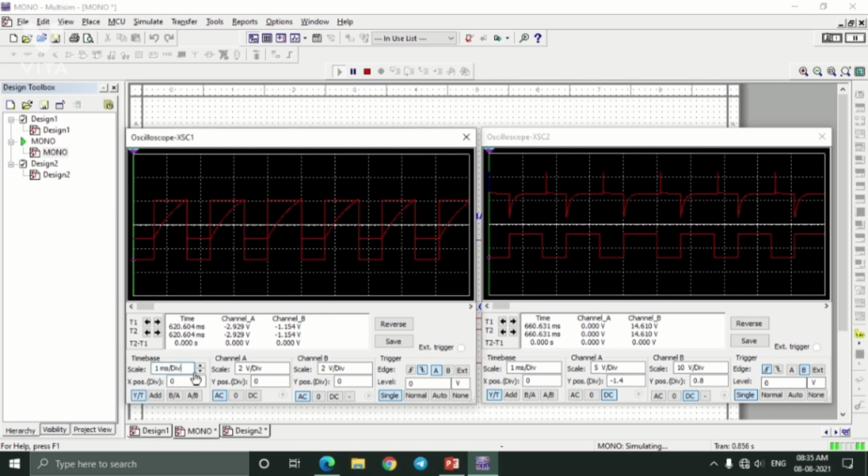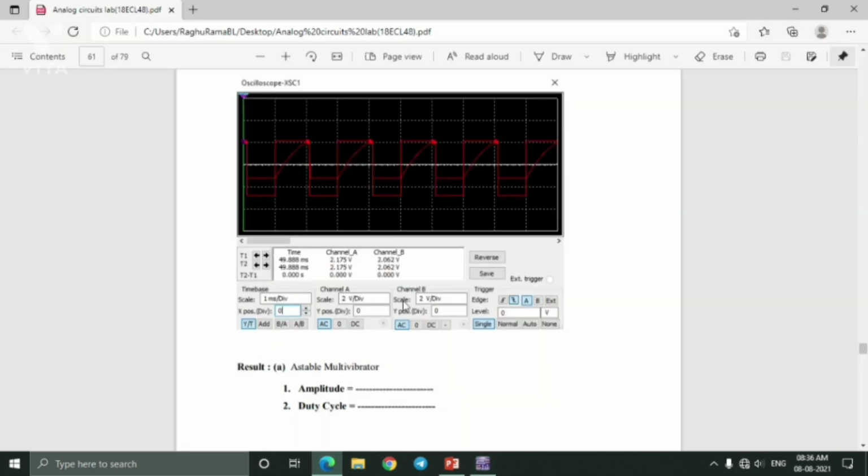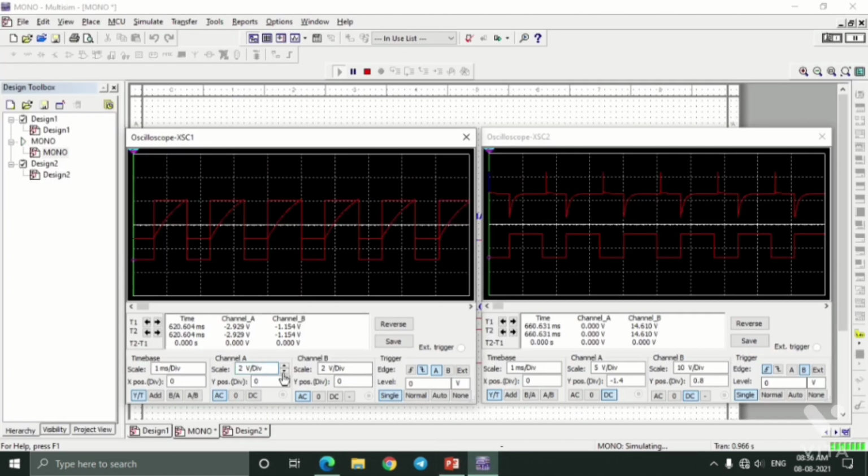If it is not at 1 millisecond per division, you need to change it. If it is in 500 microseconds per division, then you need to keep it to 1 millisecond per division, like this. And they have also kept 2 volts per division, so just change the value to 2 volts, like that you need to change.